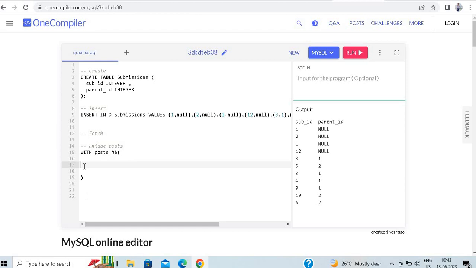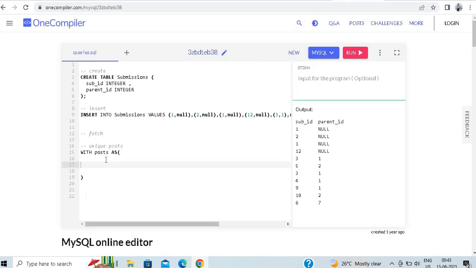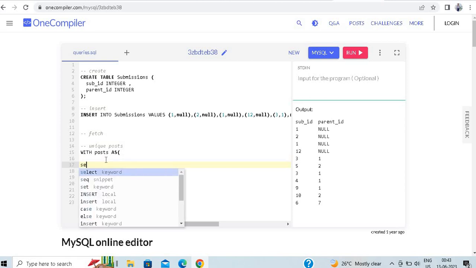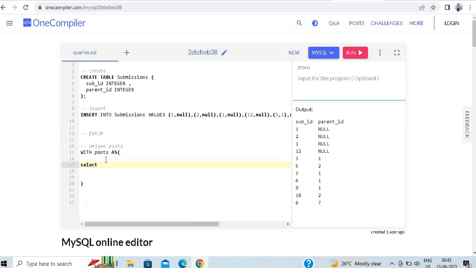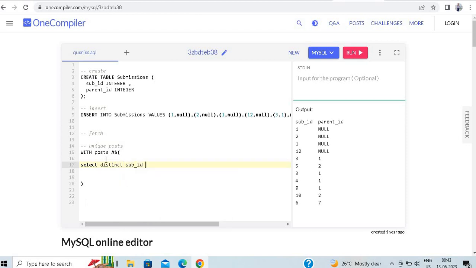So how can I get that? Select distinct sub ID from submissions,